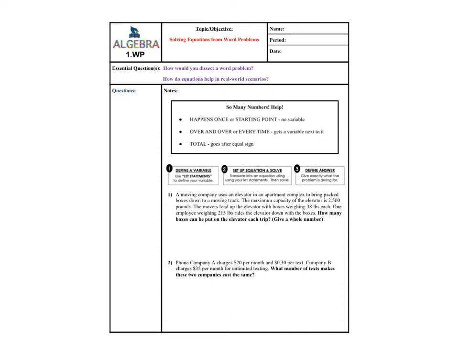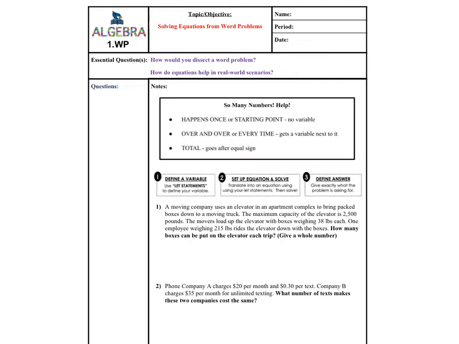Today we're going to talk about word problems and how to dissect them. So how do you dissect a word problem, and how do you write equations to help in real-world scenarios? So a couple things at the top here. The first is